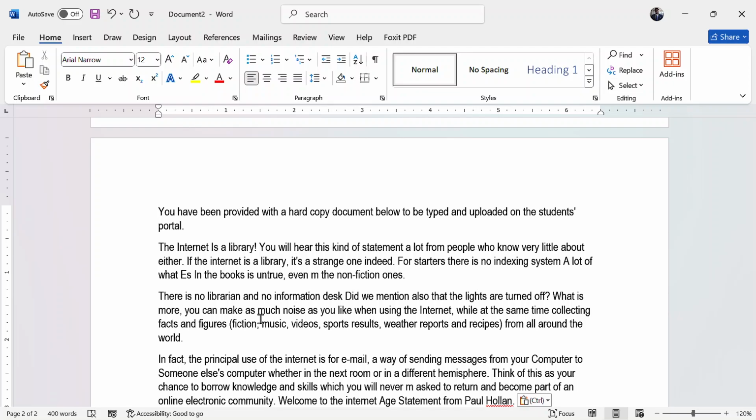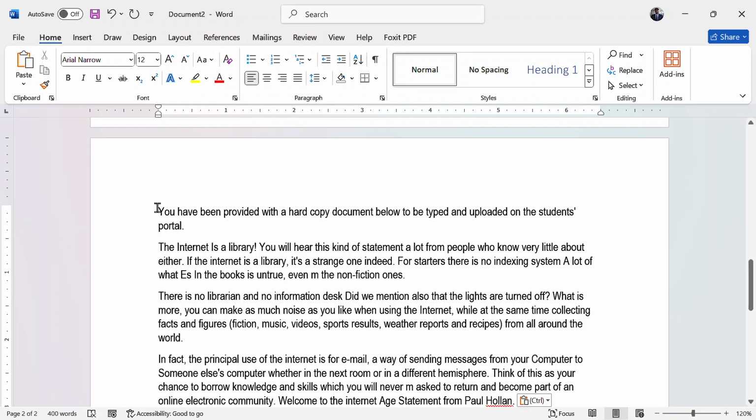But what do we do? Our passage begins from the very first line of the page. You can see there is space up here and space to the sides. But the space up here is space for the header, and the header is different from the heading. We want the heading not to be in the header section, but to be on the page.